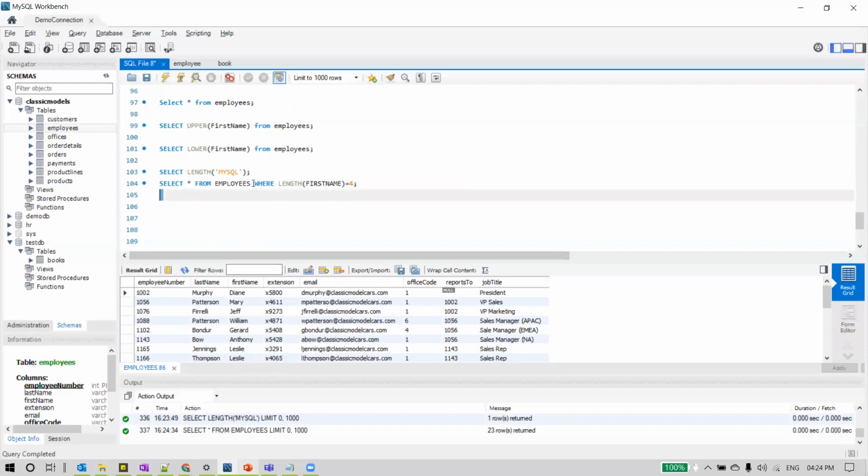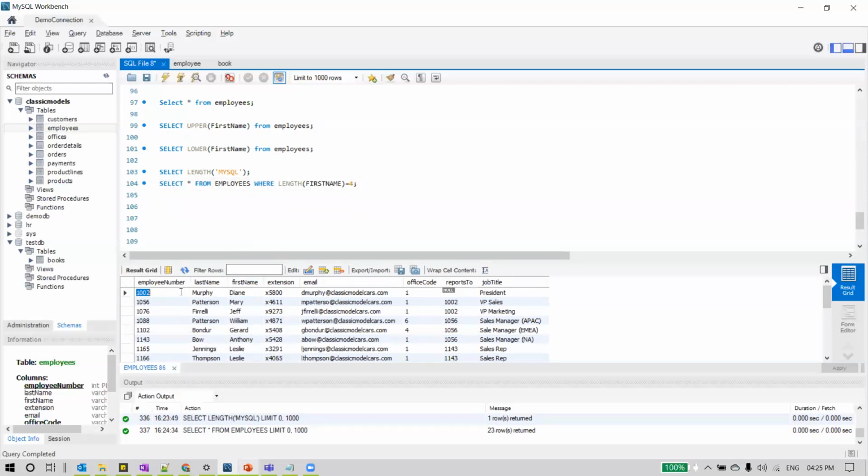So in that case, this is what we can write: select star from employees, but don't return me all the rows. I'll be writing some condition here using the where clause. So what is my condition? Length of first name should be equal to 4. Only then display such employees whose first name has length 4, is what we are specifying here. So length of first name will return the length of each; for the first row, it will return 5, right? So is 5 equal to 4? No. So this condition will be false.